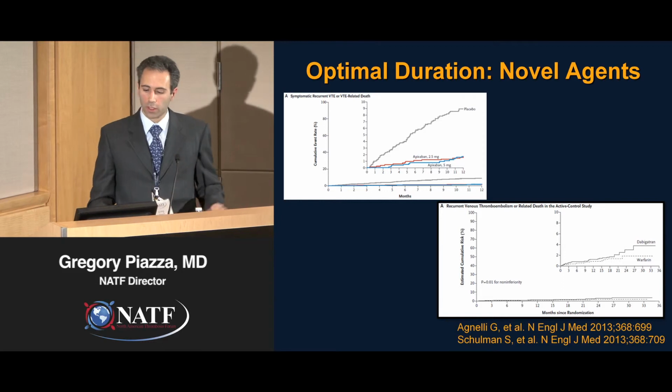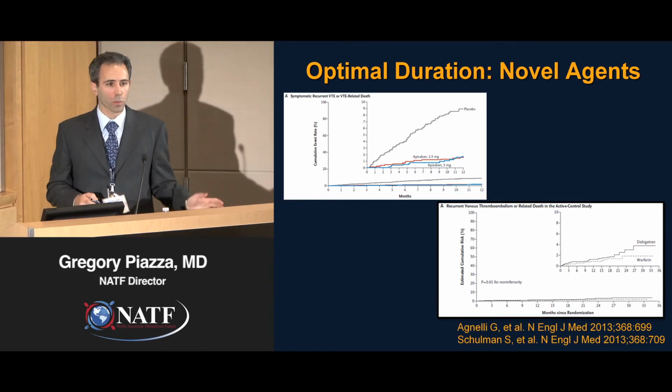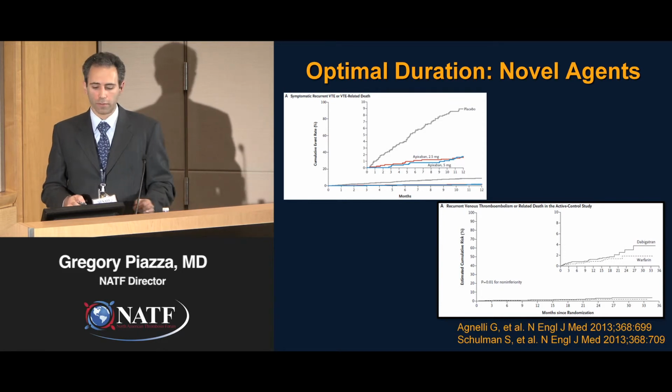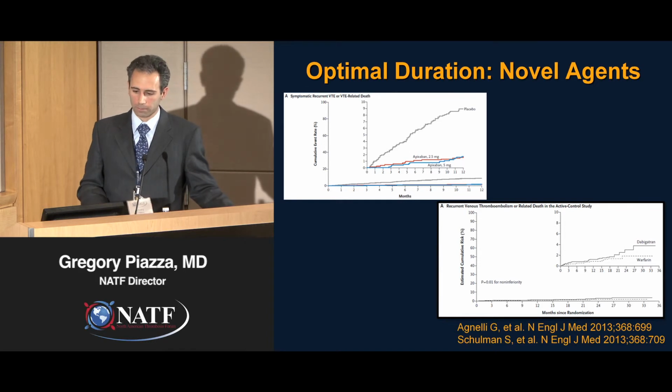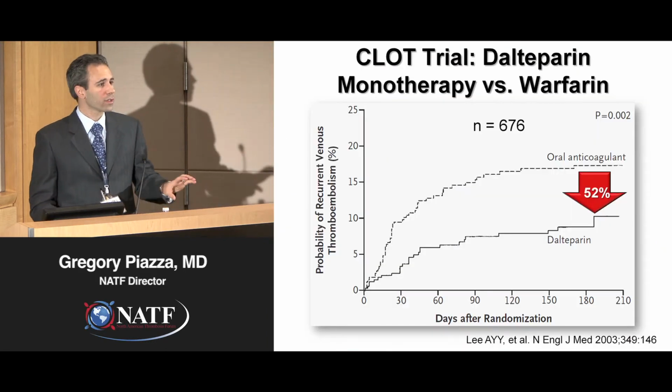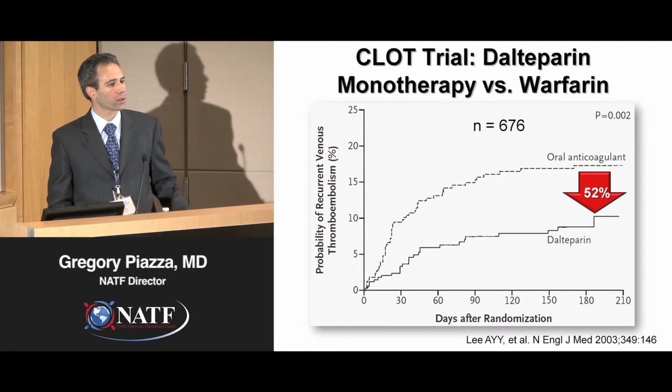We have studies showing that apixaban markedly reduces the risk of recurrent venous thromboembolism after the acute treatment phase, and then also that dabigatran reduces the risk when compared to placebo, and then also has been compared with warfarin as well. I mentioned that cancer was an area of particular interest because the risk of recurrent blood clots is so